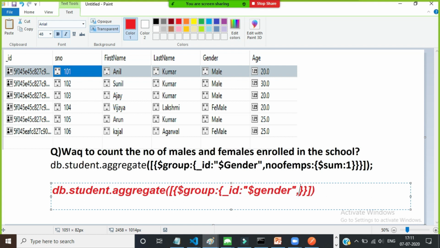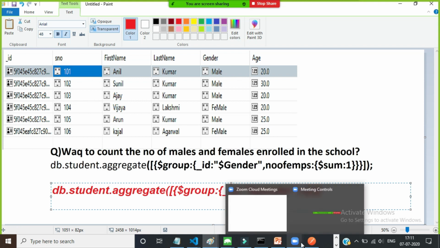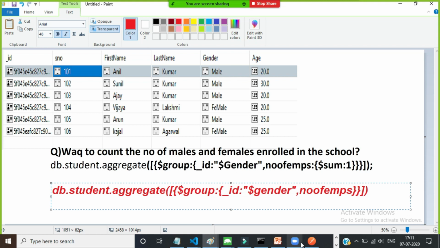And here the aggregate function: one parameter takes the group by column name, and another takes the aggregate function name, and the aggregation function result I am storing in one variable, that is the key. Here I'll write something like number of employees colon.